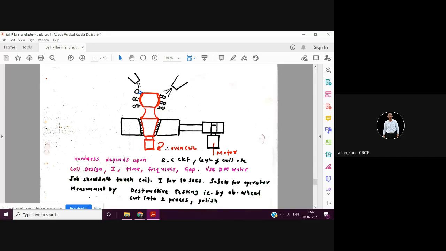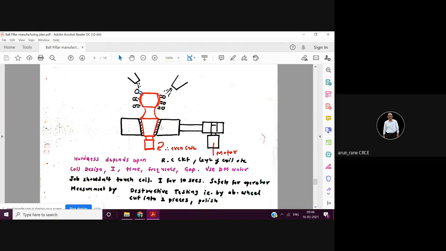Induction hardening. So generally we take around 1 minute, considering loading, then passing the current, then quenching, and then unloading, and then cleaning. So the usual cycle time is around 1 to 1.5 minutes. So that is again fine. Even if the complete cycle time is 1 minute, in 1 hour you can do 60 pieces, and in a shift you can do around 300, 350 pieces.